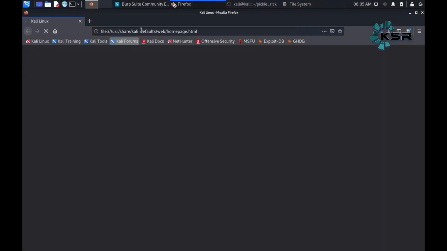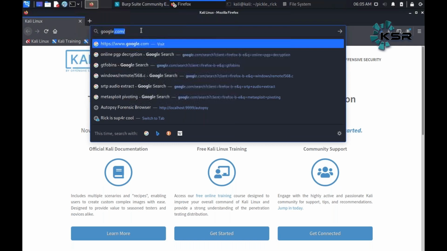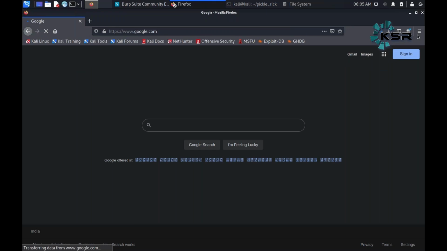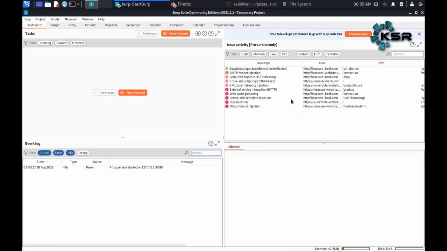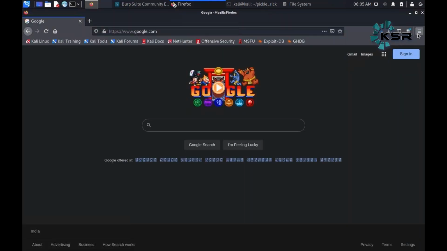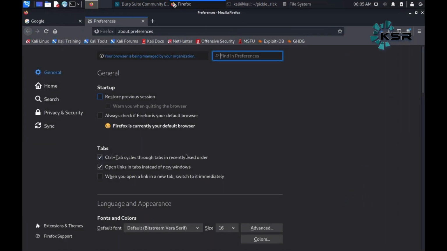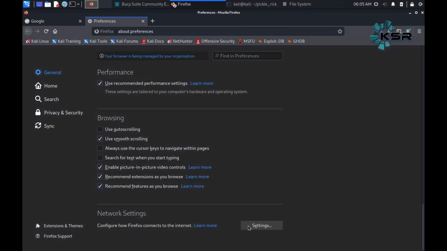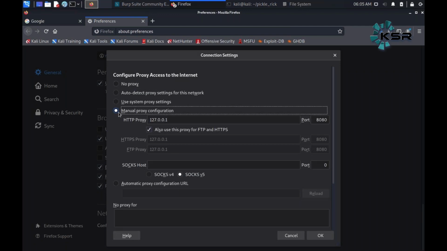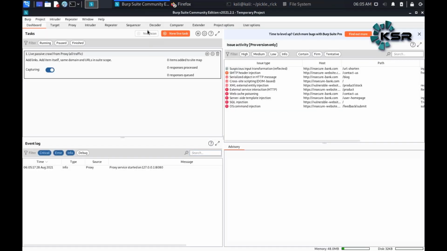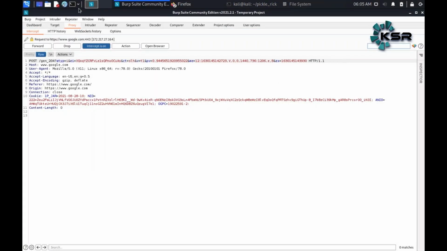Okay. Now let's open Google here. Now after opening Google, the next thing I'll do is set up my proxy. I will set up my proxy. And the way to do this is go here, go to the extreme end and configure a proxy. Okay. And now if I go to my proxy section,